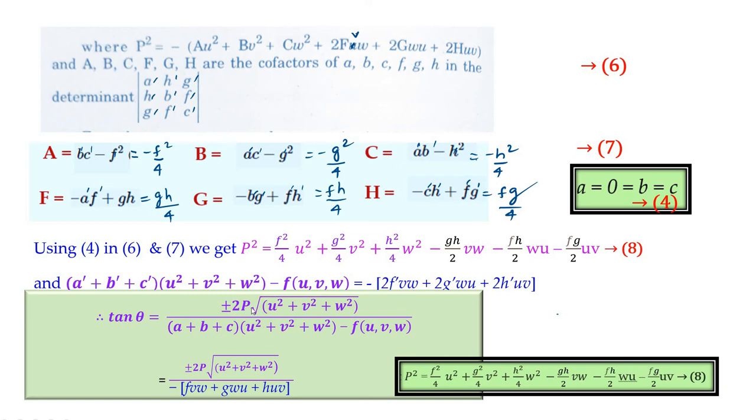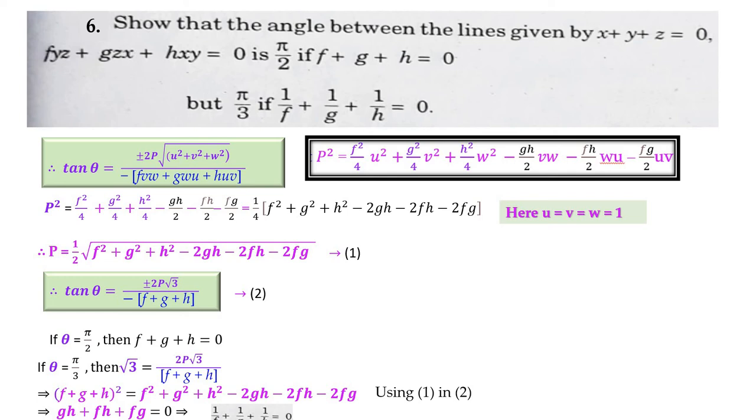So the numerator you have plus or minus 2p, square root of where p square is given by this, u square plus v square plus w square, and the denominator now reduces to just this. So this is the tan theta that we are getting if we have a particular case. Okay, so next we have